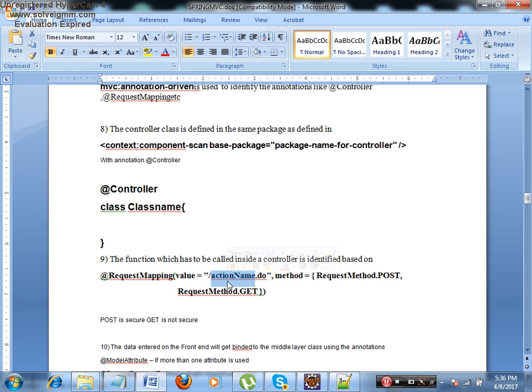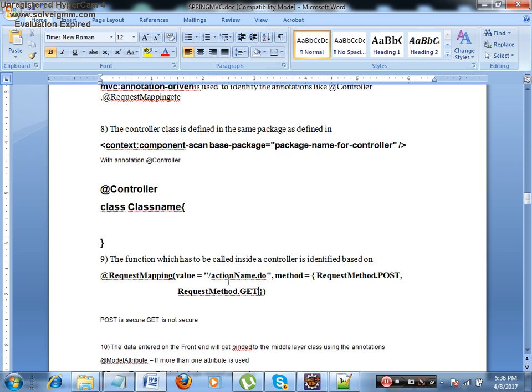Okay. The next question that will come to your mind, let me explain in a different way so that you can understand it better. Whatever data we enter in the front end, how does the middle layer read it? Correct? How will the middle layer read it? Means how will the controller get the data of the front end? Now we identified which function will get called. Second question is, how whatever the user is entering on the front end, the backend or the middle layer, that is the controller class, can identify.